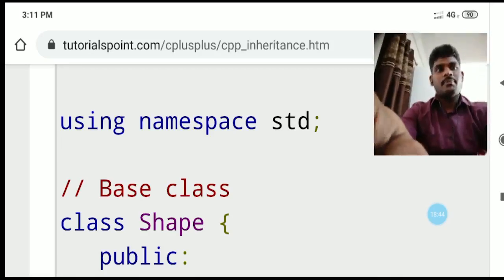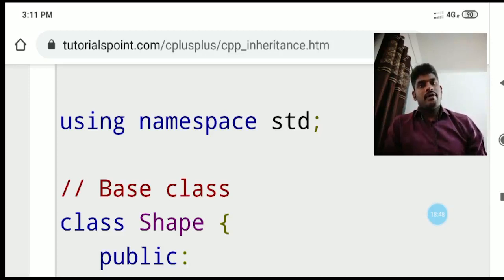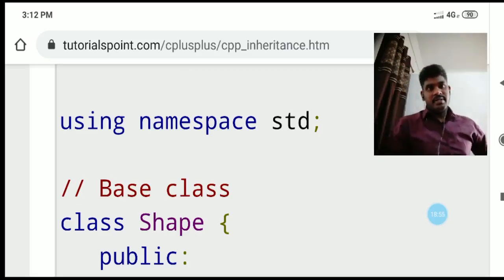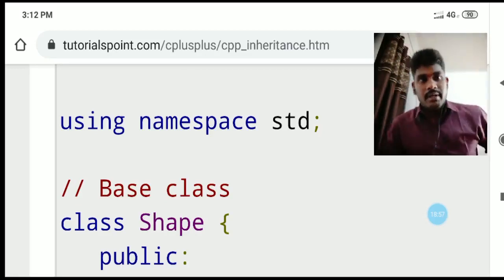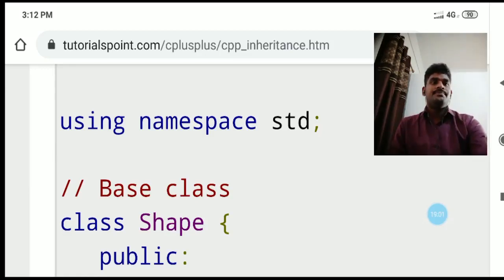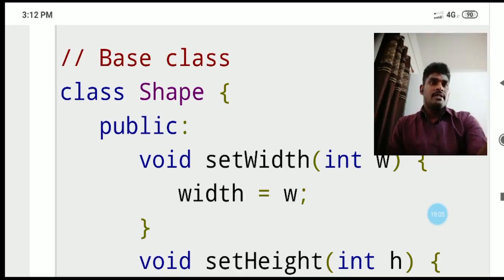So we have seen constructors till now. Now I am going to explain about the member function. I already said the constructor as well as the member function seem to be the same, but differ in manner. Look here, I want to show a member function. A small program is given here. A class is declared as a base class. Shape is the name of the base class.